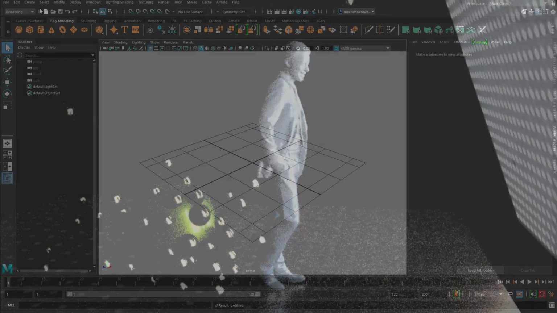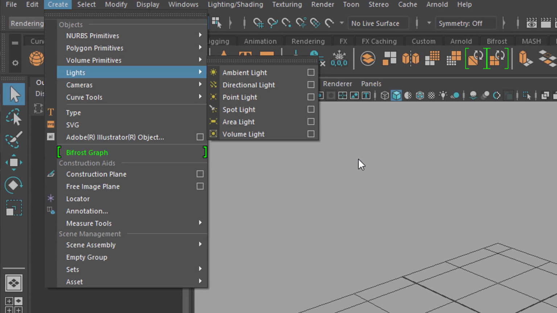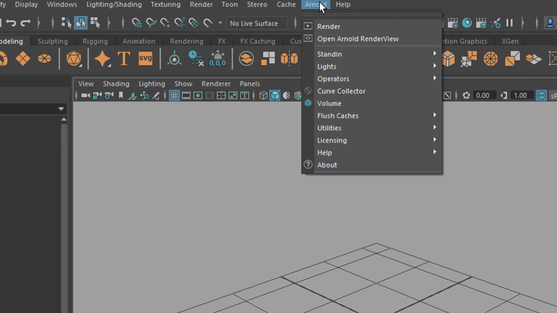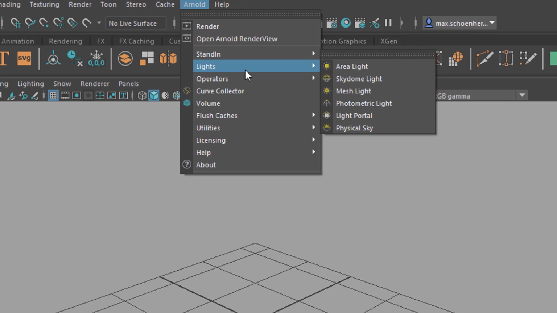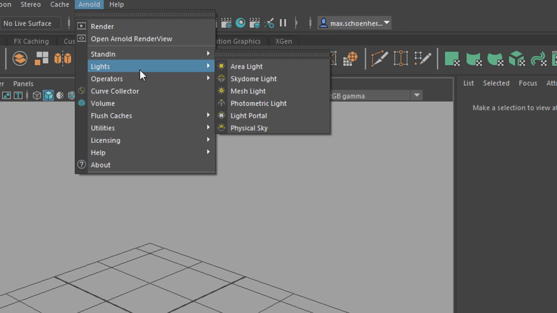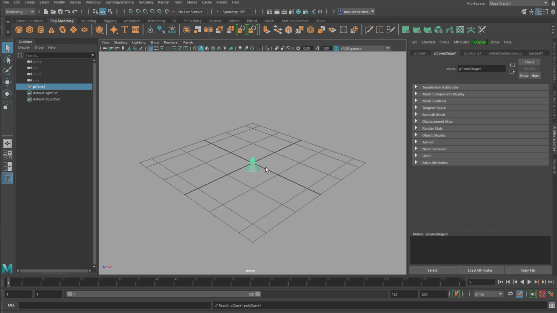First of all, you have lights here under Create Lights. These are the standard Maya lights, which you can use with Arnold and V-Ray and all kinds of renderers as well. And here are the Arnold lights, and in the light section you see 6 kinds of lights. They are not all lights we can have in the scene, and the ones I just showed you are actually not from here. So what I'll do now is I'll create just any kind of object, for example this cone,